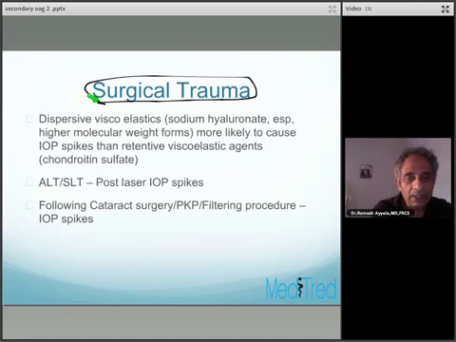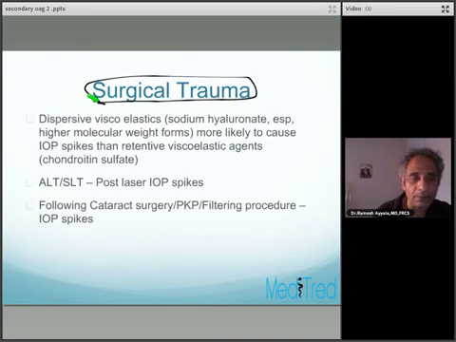And if you do have a situation where the viscoelastic is retained at the end of the cataract surgery, and the pressures are high, you can burp the viscoelastic out of the paracentesis site, put the patient on glaucoma medications, and try pilocarpine, which will stretch the trabecular meshwork open, so the high molecular weight forms of these viscoelastic agents can escape through the stretched out trabecular meshwork. In the worst case situation, you may have to take the patient back to the operating room and wash